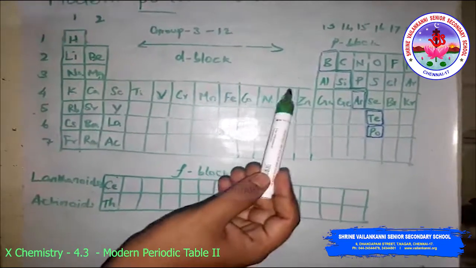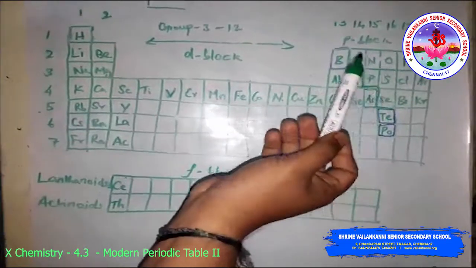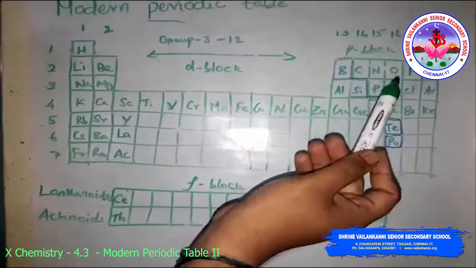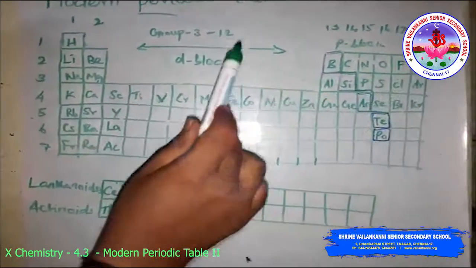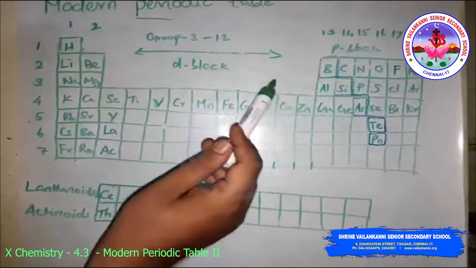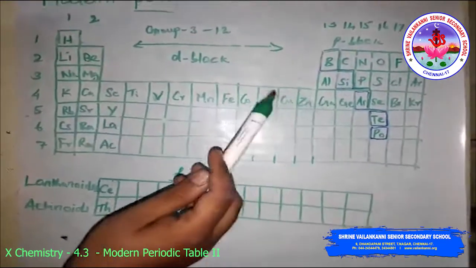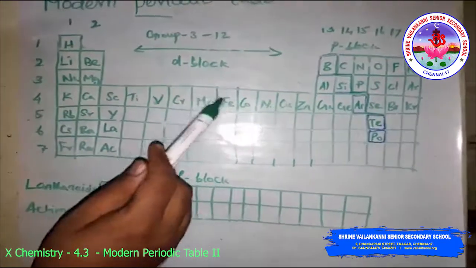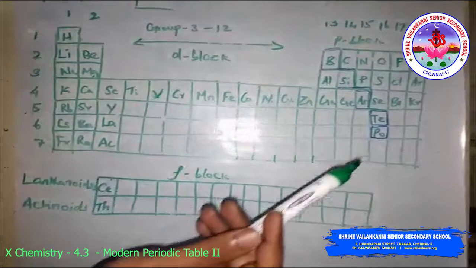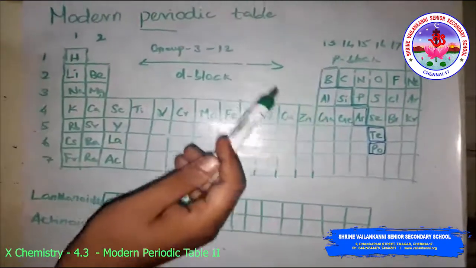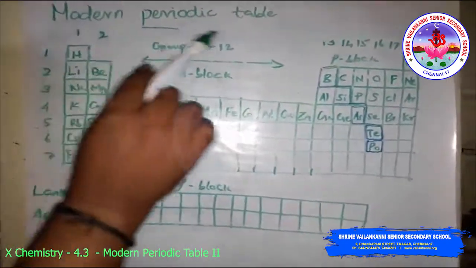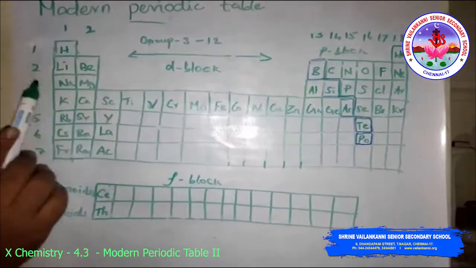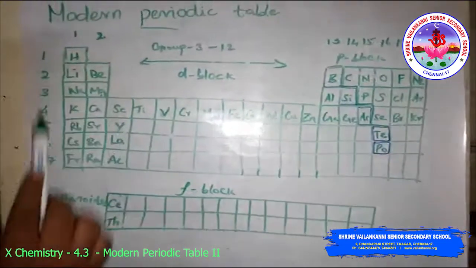So the trend in electronegativity shows the non-metals are found on the right hand side of the periodic table towards the top. These trends also help to predict the nature of the oxides formed by the elements, because it is known to you that oxides of metals are basic and those of non-metals are acidic in general. Already we learnt this in chapter 3, metals and non-metals. So these are the trends in the modern periodic table, which has 18 groups and 7 periods.